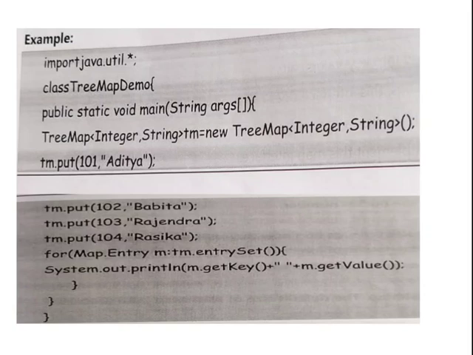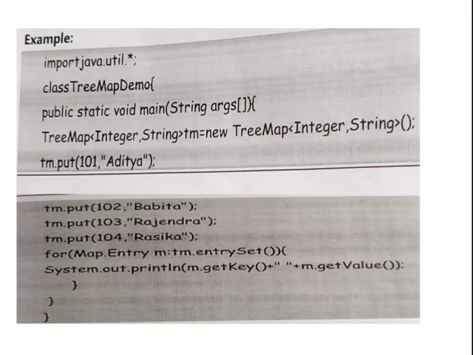import java.util.*; class TreeMapDemo { public static void main(String args[]) { TreeMap<Integer, String> tm = new TreeMap<Integer, String>(); tm.put(101, "Aditya"); tm.put(102, "Babita"); tm.put(103, "Rajendra"); tm.put(104, "Rashika"); for (Map.Entry m : tm.entrySet()) { System.out.println(m.getKey() + " " + m.getValue()); } } }